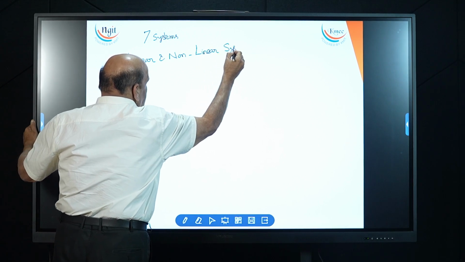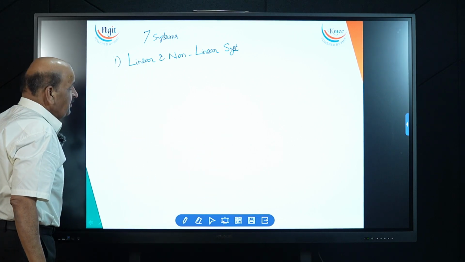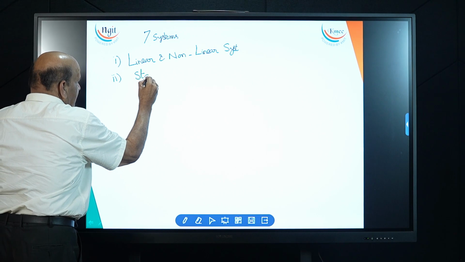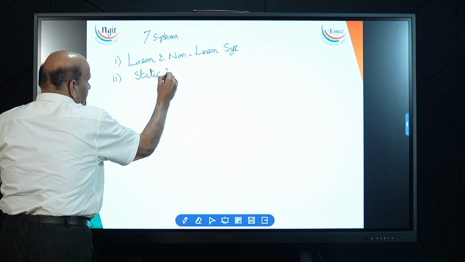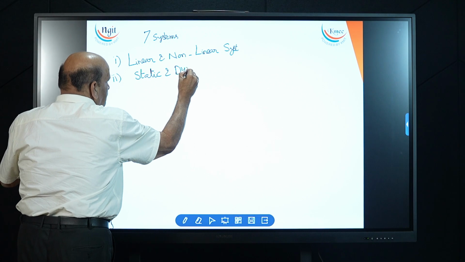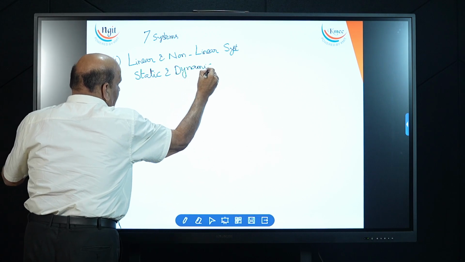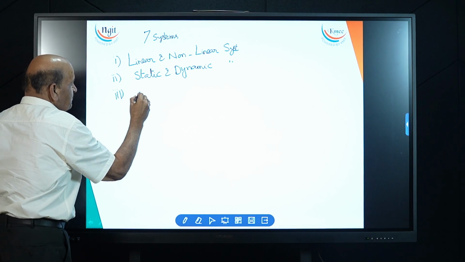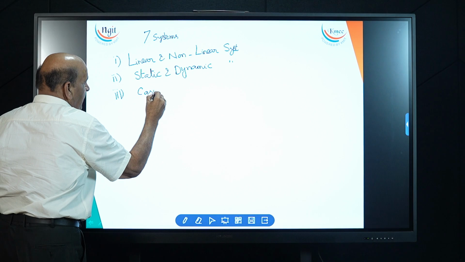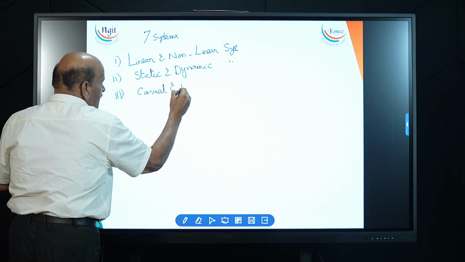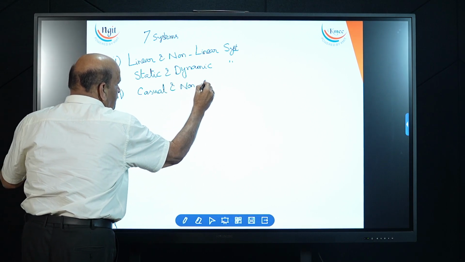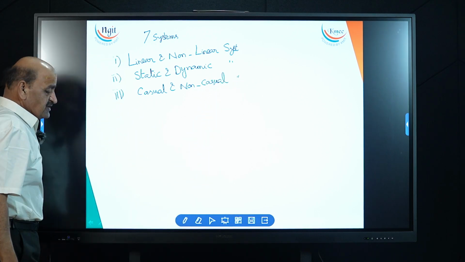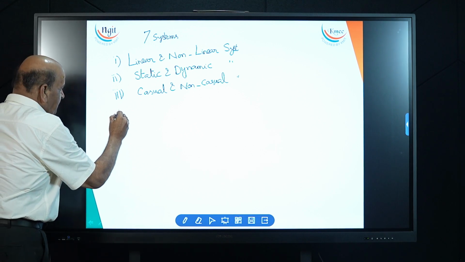The second one is static and dynamic systems. The third one is causal and non-causal systems. The fourth one is called